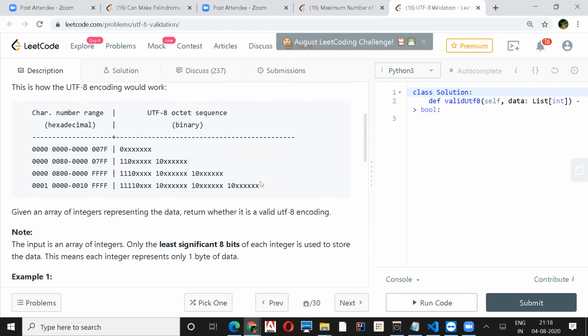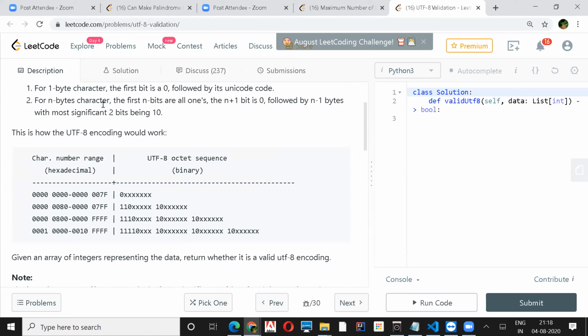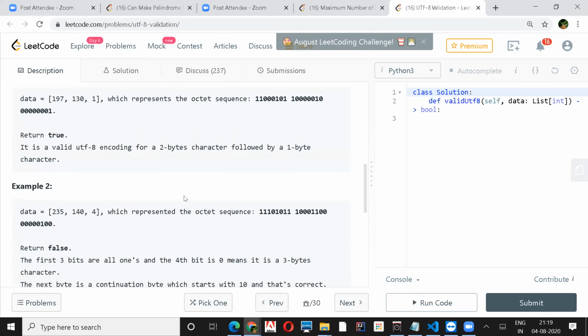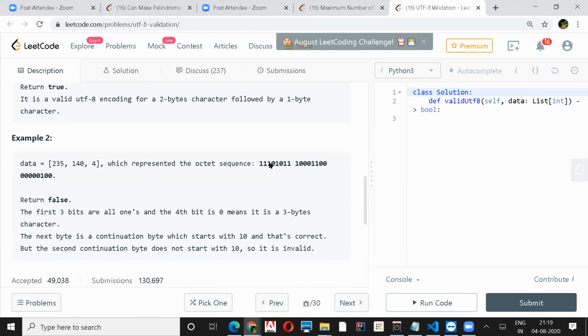Let's see the rule they mention here. For an n byte character, the first n bits are all ones, and the n plus 1th bit will be 0. Here the first 3 bits are one, so it is a 3 byte character, and this bit is 0.